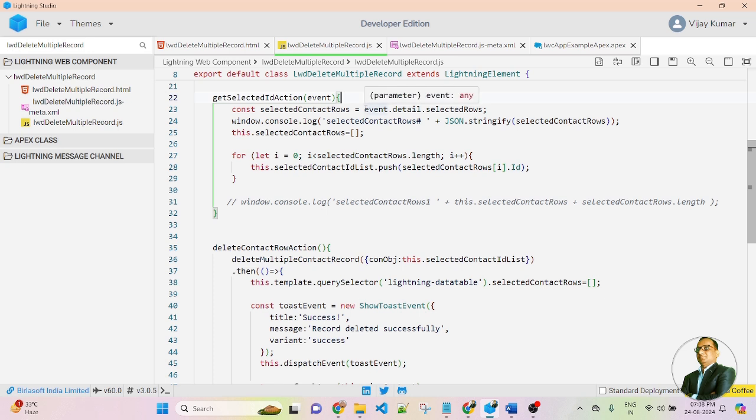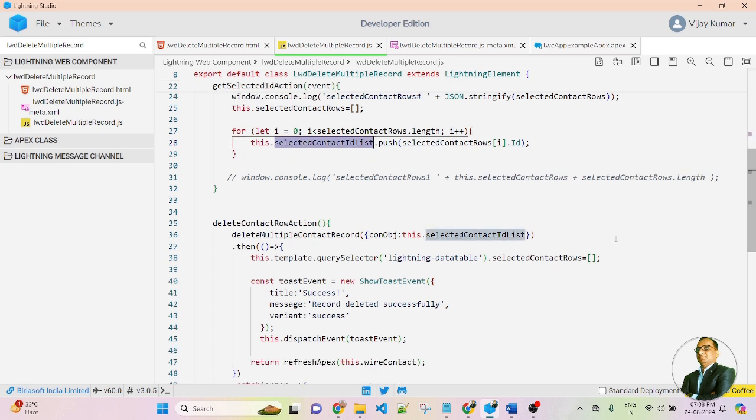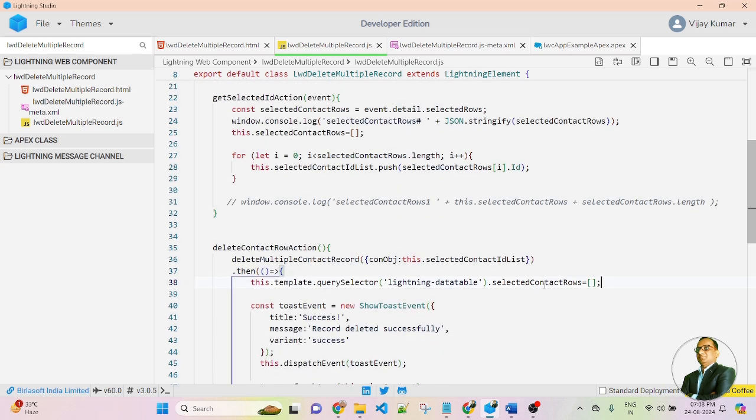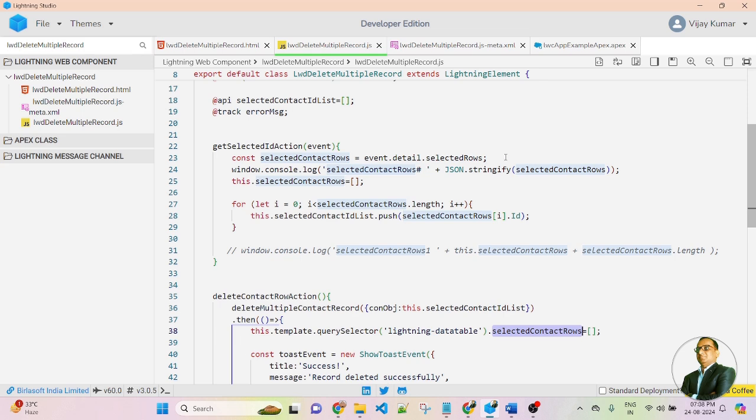So this is a standard property of Salesforce. So we will get the selected rows of records using event.detail.selectedRows, and all of the selected row records I am storing inside the selected contact list. Friends, here I am passing this variable here. Here I am passing selectedContactRow that is getting the selected record IDs from the checkbox.